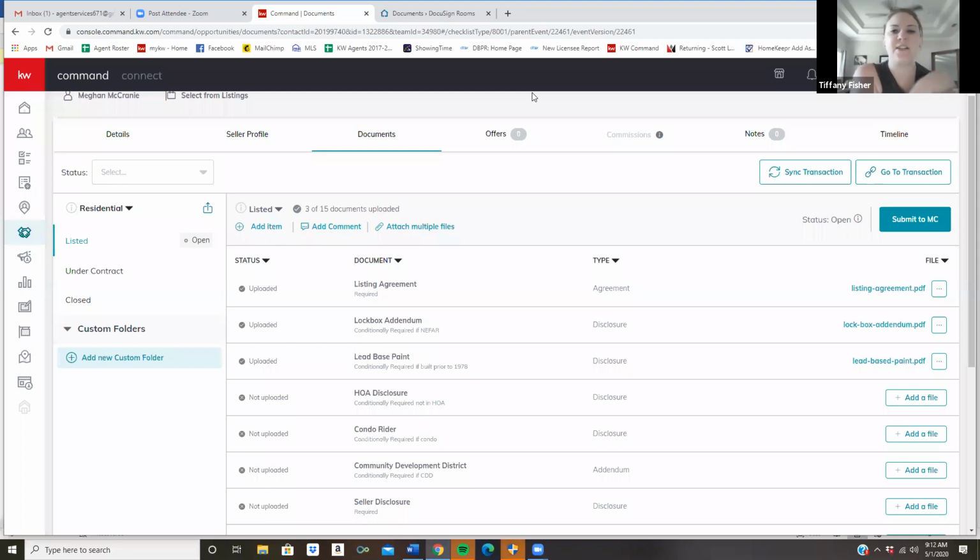Okay, so this isn't the part about submitting to the Market Center, but if you need to edit a document in here, like once it's already been signed, it's already been Docusigned, but let's say you wanted to change something or anything, how do you go back and edit a document that's been signed? Or can it be re-signed? Do you have to do a whole new document? Are you talking about from the Docusign level? Correct. Yes, from the Docusign level.